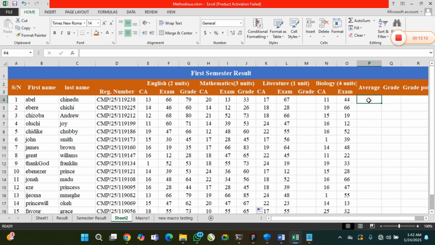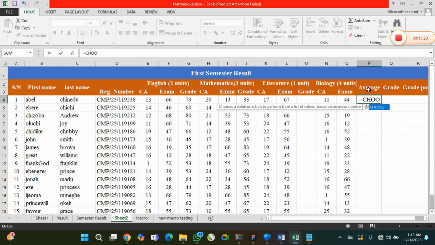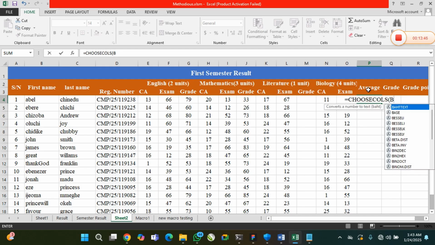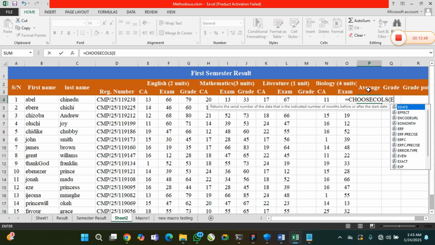I'll use this average column to test it out first, then we can move on. So choose columns works the same way: equals CHOOSECOLS. Let me type it in capital letters, CHOOSECOLS, or columns with an X. Open parentheses, and then we can actually select the columns we want. For example, let's use E4. So E4 is selected right here,